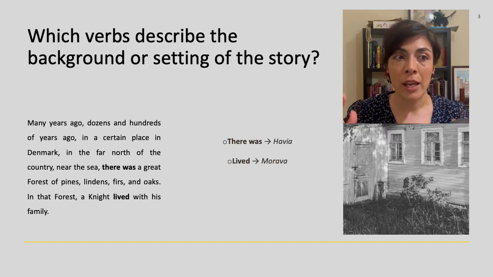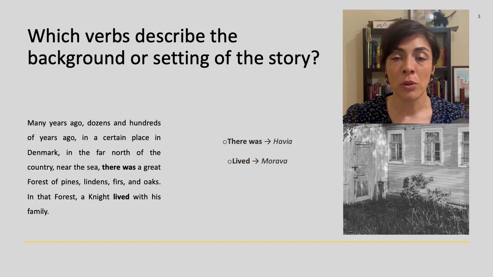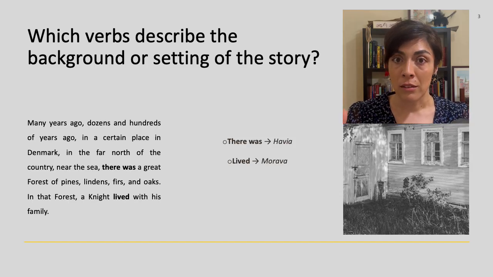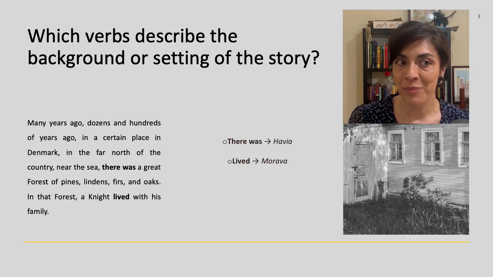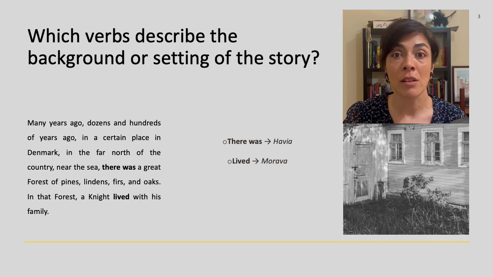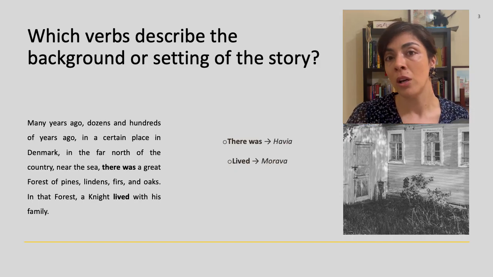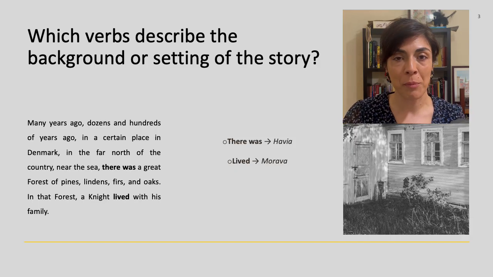So again, you have to think that you're going inside this story, and just like in the other explanations I have given you, you have to think, okay, the knight in the story still lives with his family. In the story, this is still happening. It hasn't been finished yet. So this is one good example of how you would translate this using the imperfeito. Now, let's continue the story and keep on studying and analyzing this text.